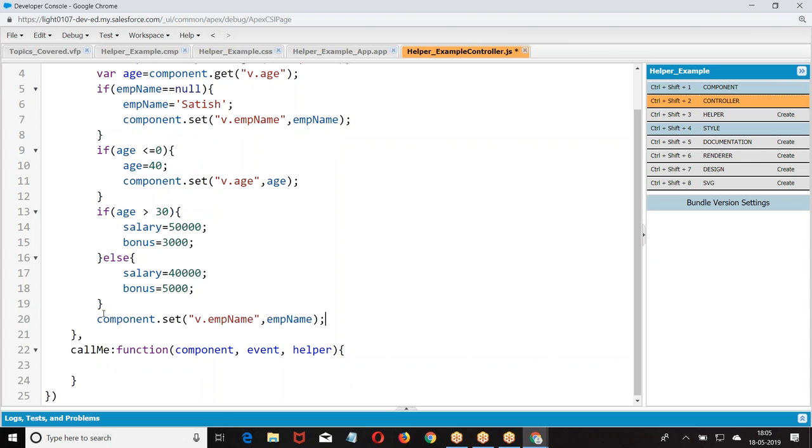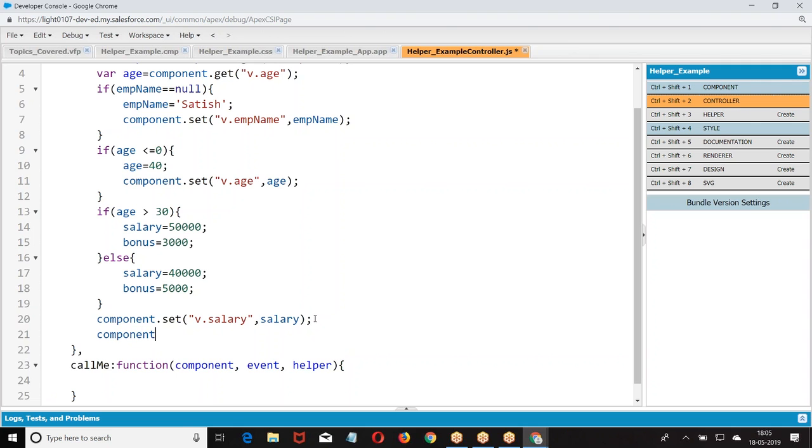Then we are supposed to set component dot set v dot salary. This is the functionality.